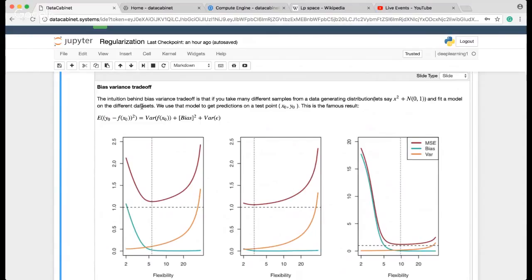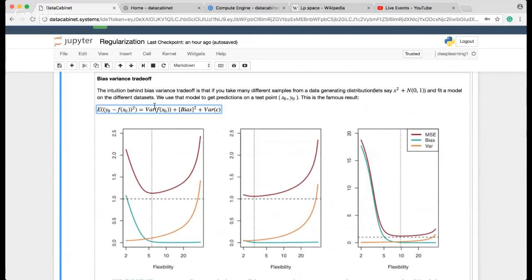Again, the setup is something like this. We take a number of samples from the training points, and we fit one classifier, either a neural net or a linear classifier, on each of these different samples. Then we take these classifiers and try to predict the value of y for x naught, and then we compute the expectation of the squared error of this value. Now, what will this be? Theoretically, this can be proven to be